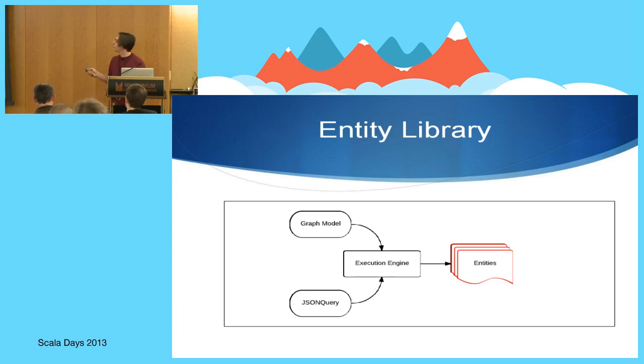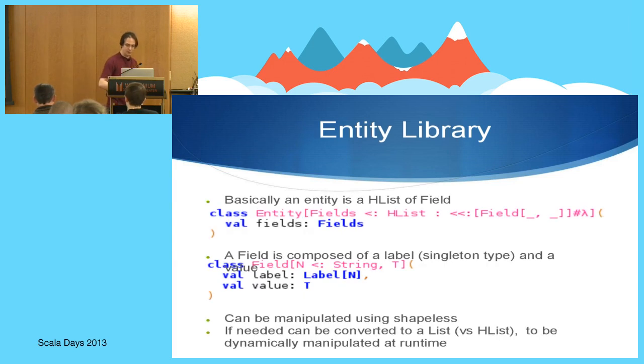So now that we had the graph model's JSON query, once you apply that JSON query to your graph, you need to output to get the data out. But you don't know before what will be the format, and you don't want to create one case class for every possible input. So it's where we created that entity library, which I think is quite useful and is quite self-contained as well. So this is something which could be used outside of Shona actually, and maybe some of the features will land directly into Shapeless, probably to improve the record support. So basically an entity is an HList of fields.